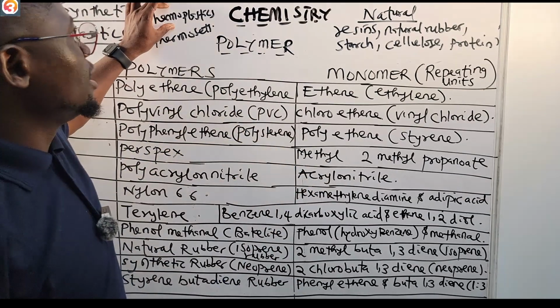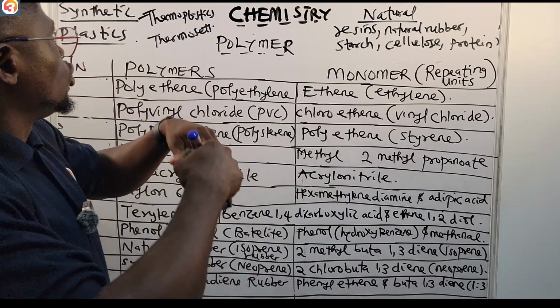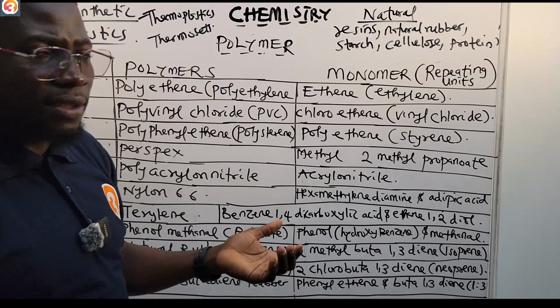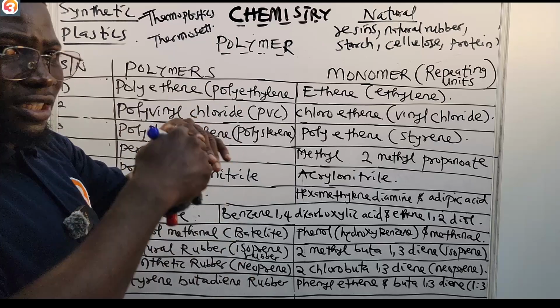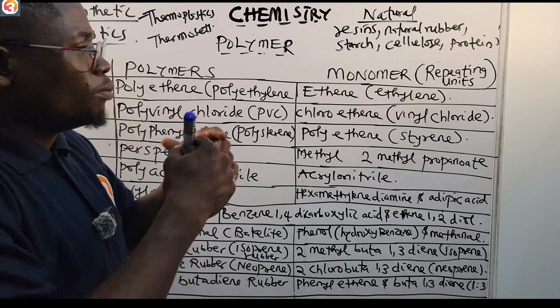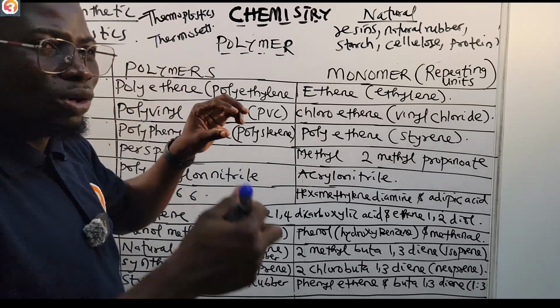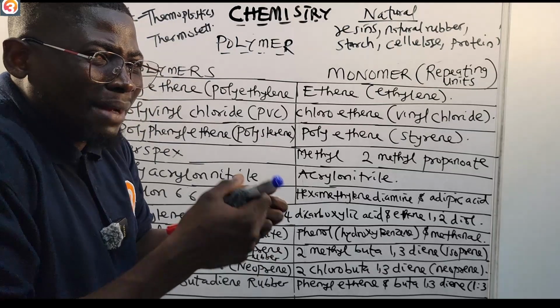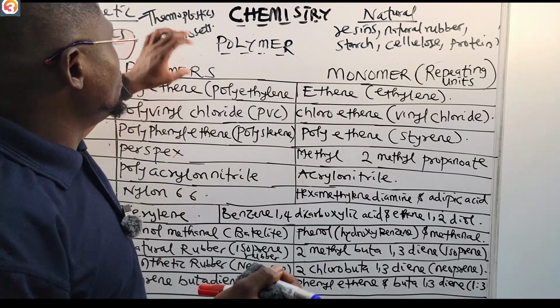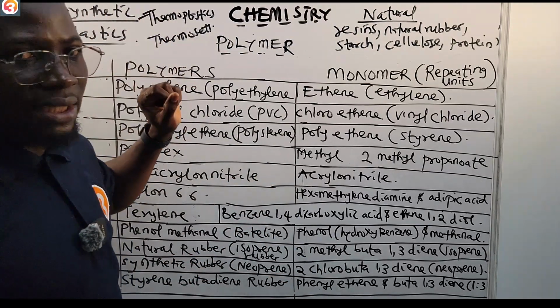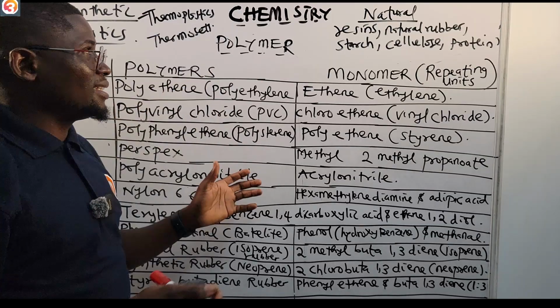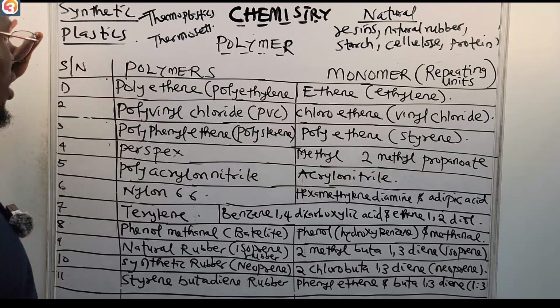So for a thermoplastic, you could heat it, you could melt it, you could even mold it. But for a thermoset, you cannot melt it by heating it. That's the difference between thermoplastics and thermosets. So examples of thermoplastics and thermosets are the ones that we have here on the